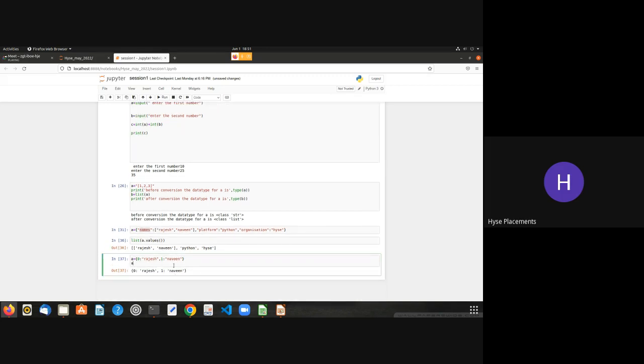If you want to add new items into the dictionary, first start with the dictionary variable followed by square brackets, and then inside the square brackets mention a key. Like 0 is a key, it is done. 1 is a key, it is done. And 2, if you want, you mention a key to it and equal to, and add a value to it. So if you print A,